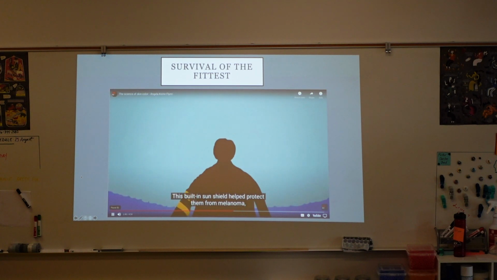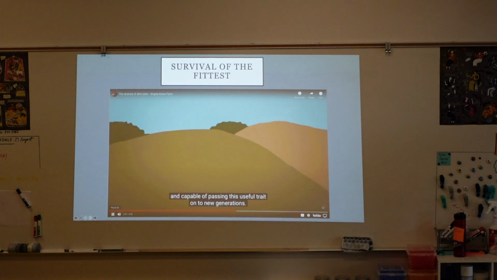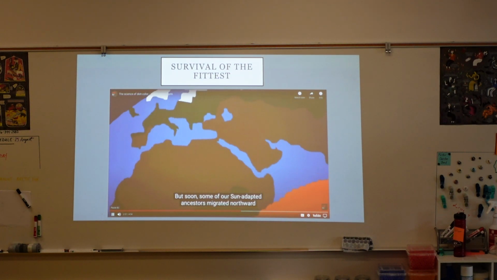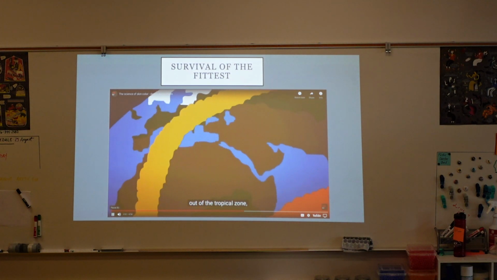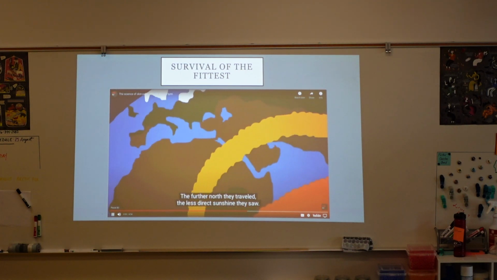Helped protect them from melanoma, likely making them evolutionarily fitter and capable of passing this useful trait on to new generations. But soon, some of our sun-adapted ancestors migrated northward out of the tropical zone, spreading far and wide across the Earth. The further north they traveled, the less